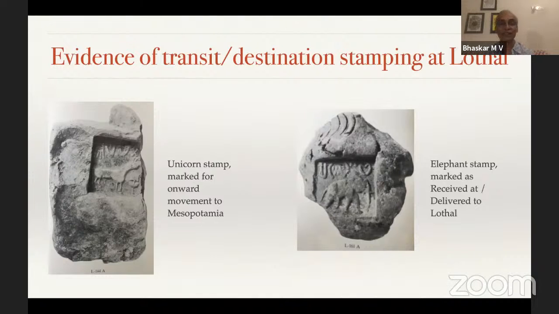So there we see a unicorn stamp and an elephant stamp, and I assume provisionally again, though it is a big leap, that the unicorn seal is meant as a marker on onward cargo to Mesopotamia, and the elephant seal is marked on cargo meant for Lothal itself. And there is no evidence when I say this that both these seals originated from the same place. They may have originated from two different places, but